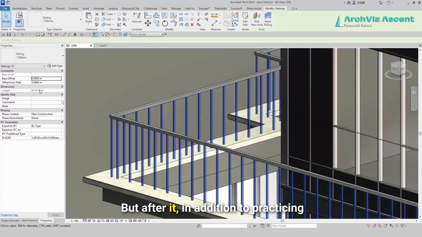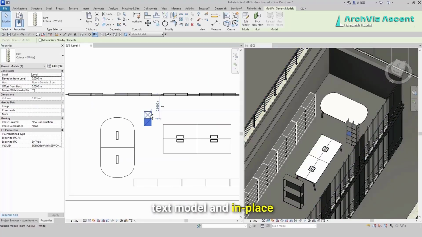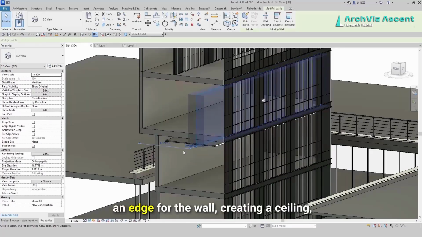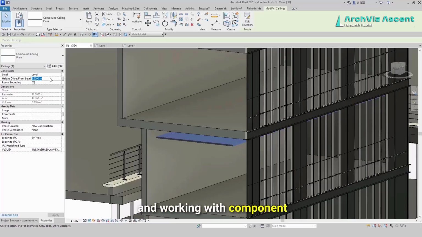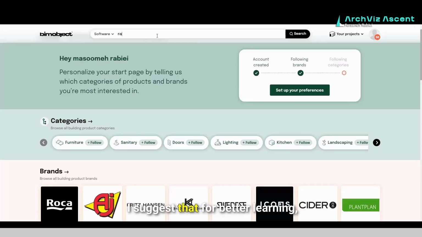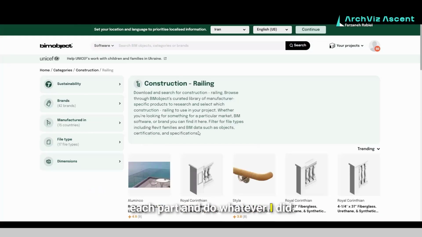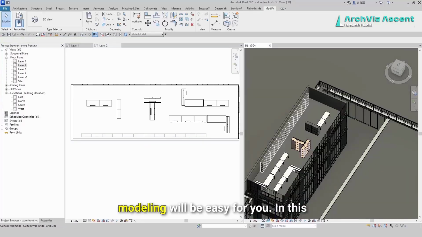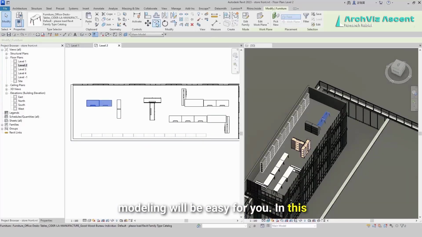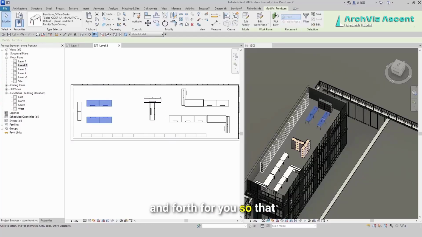But after it, in addition to practicing curtain walls with the floor and beam tools from the Structure tab, you have also worked on text model and in-place model, as well as creating an edge for the wall, creating a ceiling, downloading an object, and working with component tool. I suggest that for better learning, you should pause the video after modeling each part and do whatever I did. If you know different ways of drawing or editing a subject, modeling will be easy for you. In this exercise, I've left all the editing parts and back and forth for you so that you can master